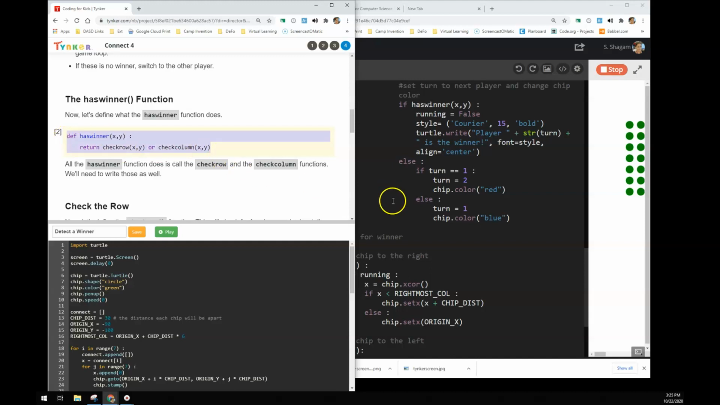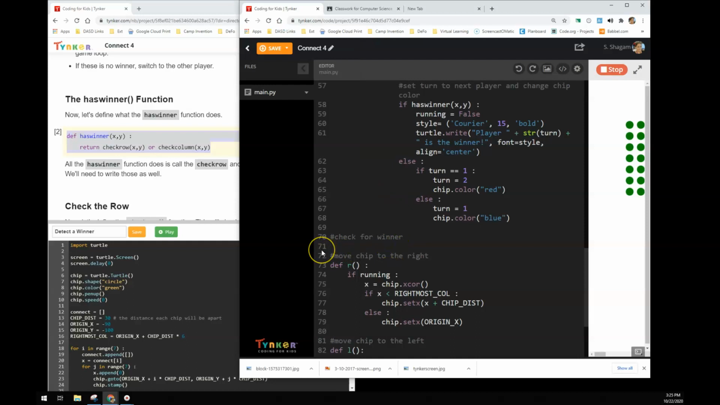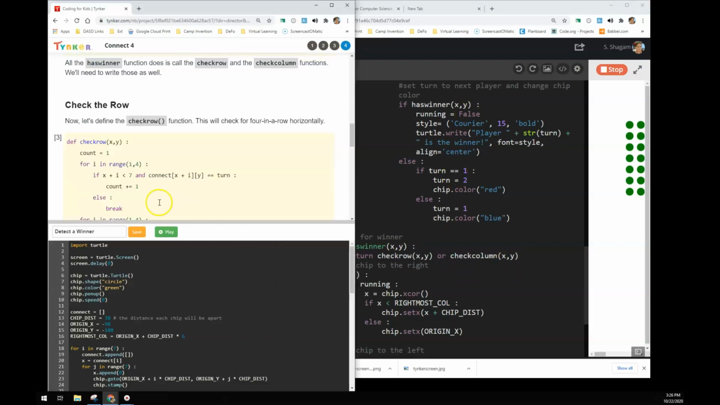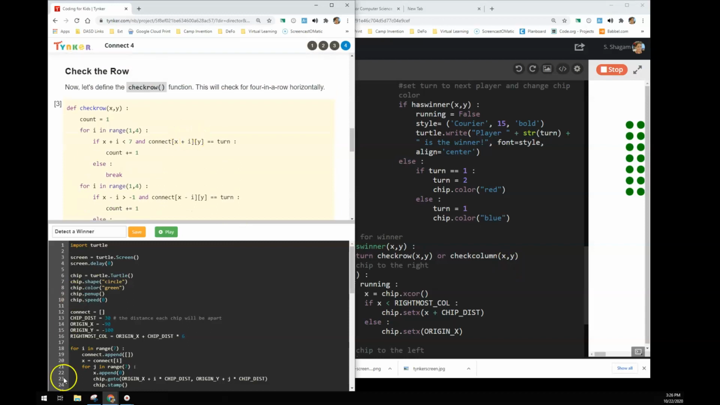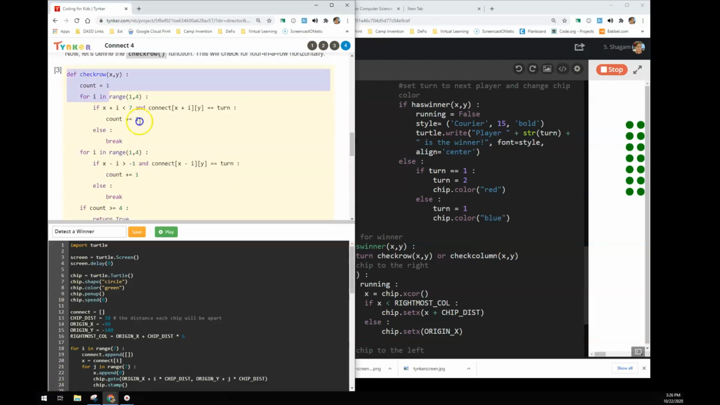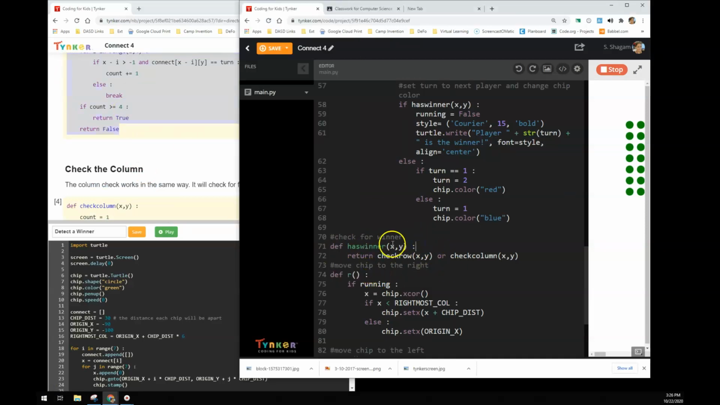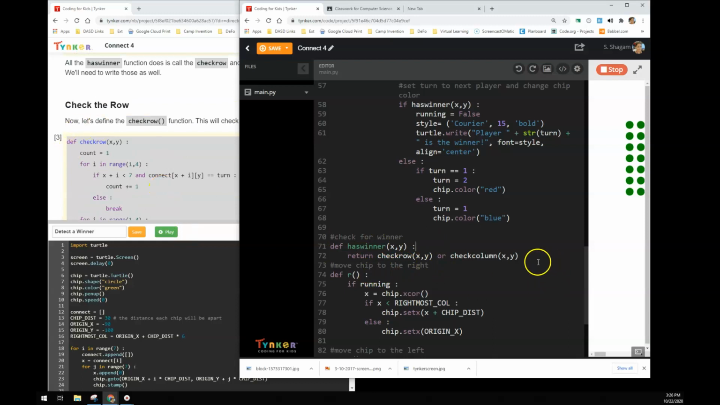This function actually calls 2 more functions. They could have done this all in there easily to make it a little easier to read, but we'll go with what they have. It's going to check the X and the Y location each time you drop a chip to see if a full column or a full row has been filled in. So it's going to check the row first. So let's copy and paste this in, and then we'll talk about what it's actually doing in each of these. So this is the check row